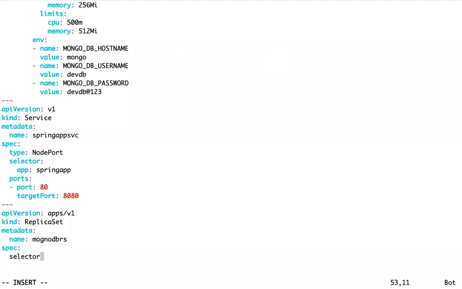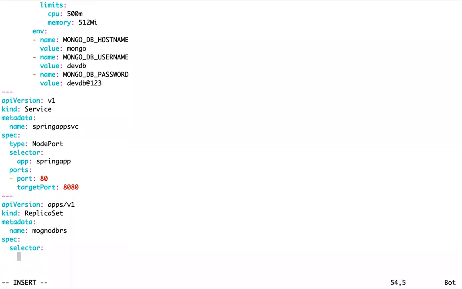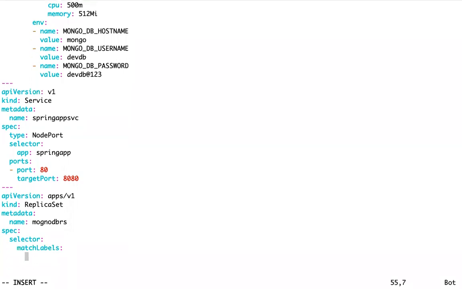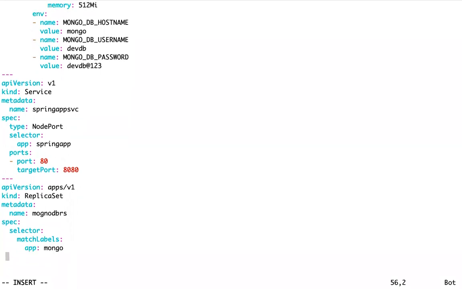Then selector, match labels. This is database. Then template, our pod template.